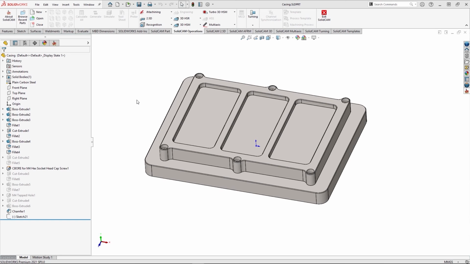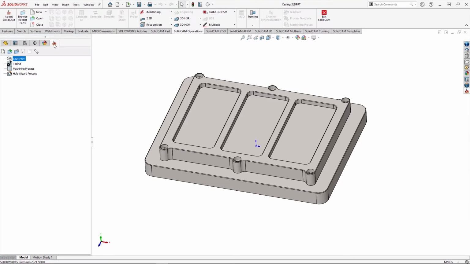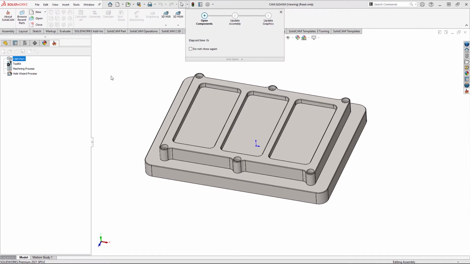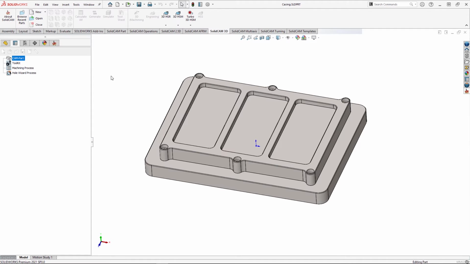As you can see, SolidCAM is fully integrated into SolidWorks, with you having a CAM tree when the add-in is ticked on, as well as toolbars for the certain modules that you would have. So to get started with your first CAM part, all you have to do is click New at the top, or click New in the CAM tree. You can choose between mill, turn, or turn-mill, dependent on what type of part you want to create.